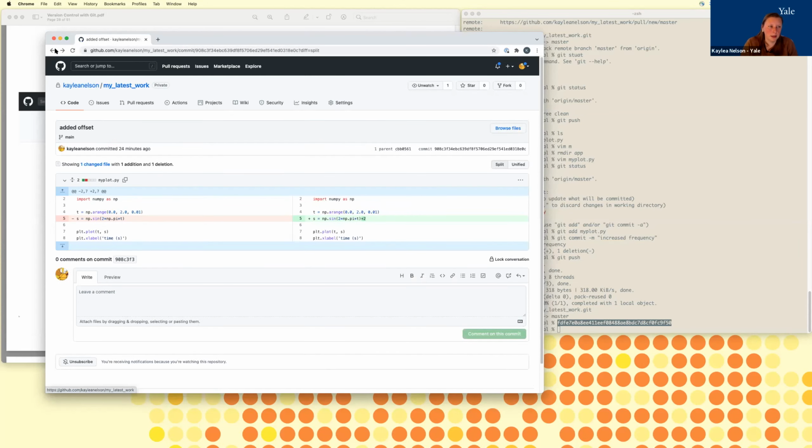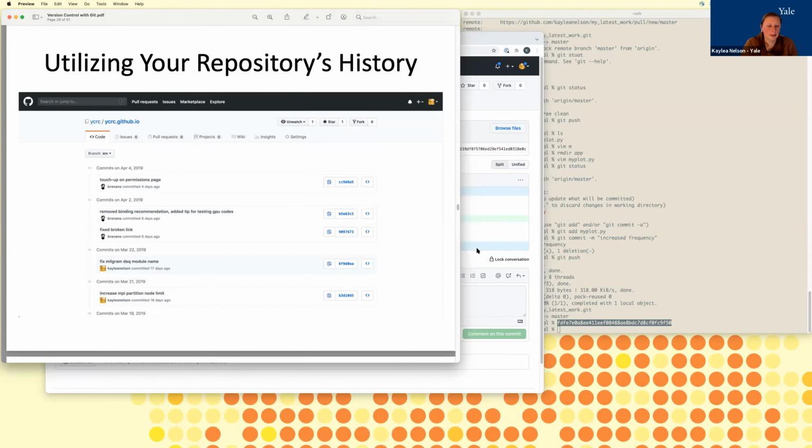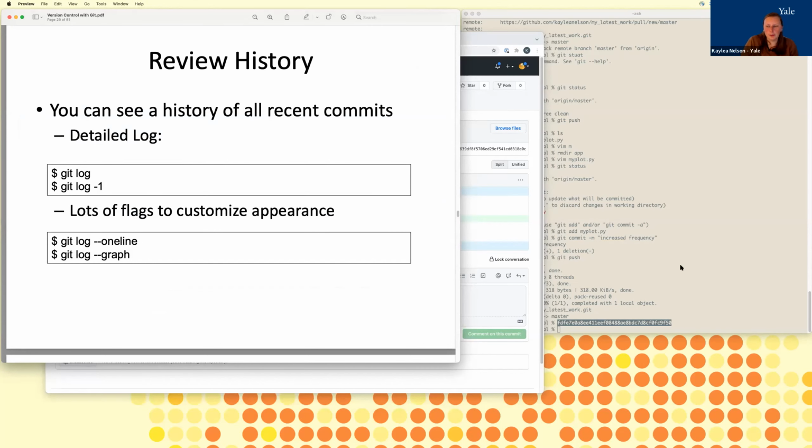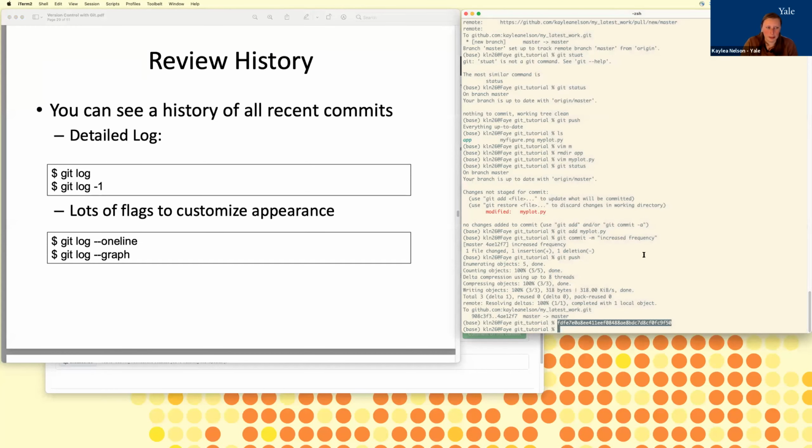That's a great way to get a peek into the way code looked in the past. But you can do some of this in the command line too. And just for completeness, I'll show you these commands. So at any time, if you want to see the detailed history of everything that was committed, the command is